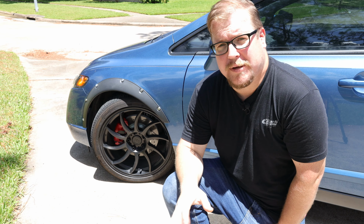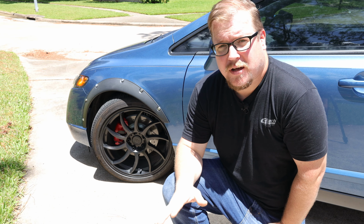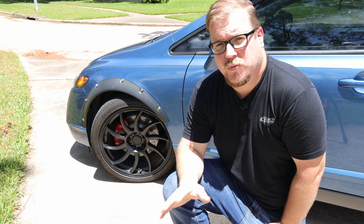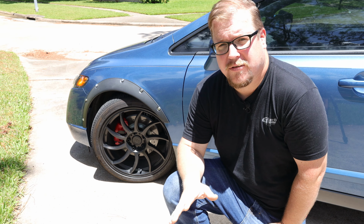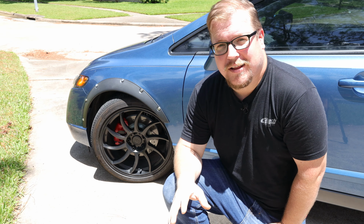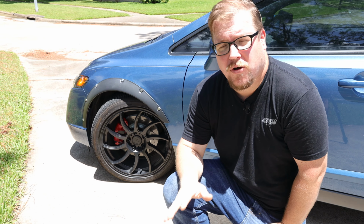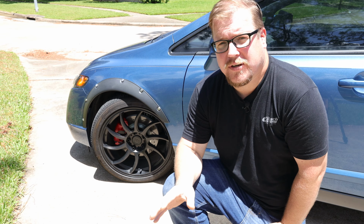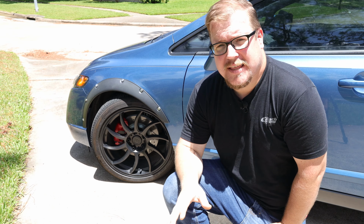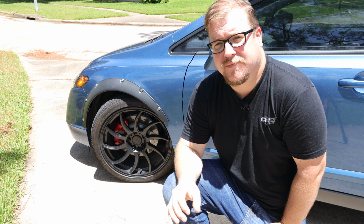improve braking performance. I believe the only prerequisite that you need in order to install this upgrade is 17-inch wheels, so that way they can clear the brake calipers and rotors. So in today's video, we're going to be installing PowerStop brake rotors, calipers, and pads designed for an 04 to 08 Acura TSX. In addition to that, we're also going to be installing stainless steel brake lines for the front